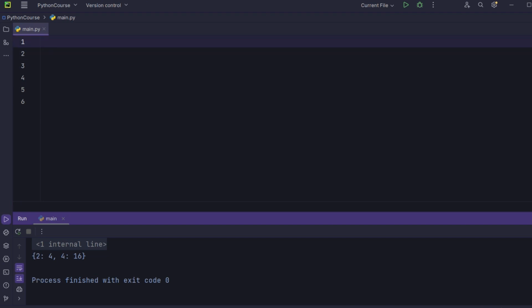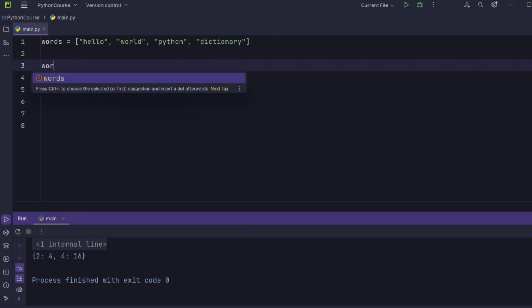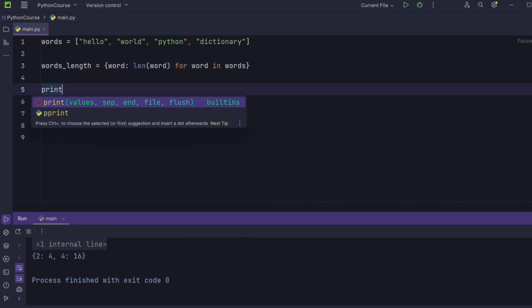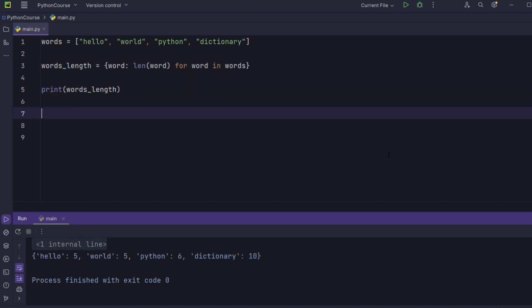Now suppose you have a list of words and you want to create a new dictionary that maps each word to its length. You can use dictionary comprehension like this. So let's define a words list with elements hello, world, Python. Now we'll create a words_length dictionary where the key is a word and the associated value is the length of the word, for word in words. Let's print words_length. So you can see this is creating a new dictionary which maps each word to its